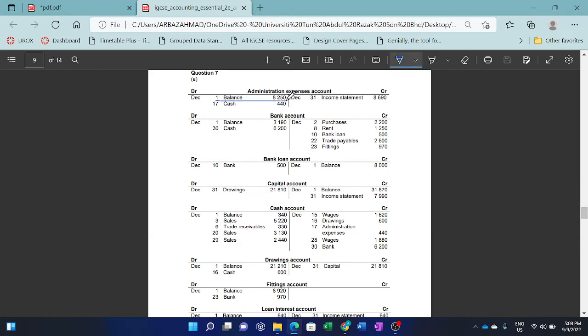So I put my balance over here. I repeat, I am putting this balance over here, although this is an income statement account, because this is for 11 months. If it was for 12 months, income statement items do not have balance brought down. So there is no balance brought down